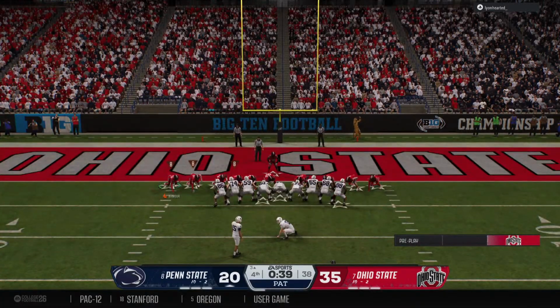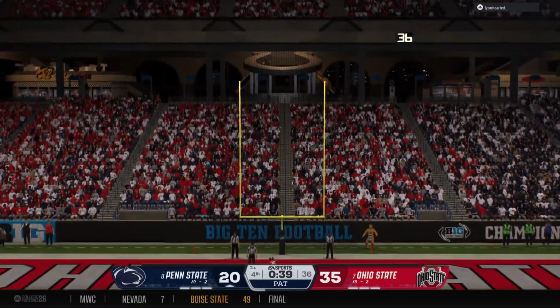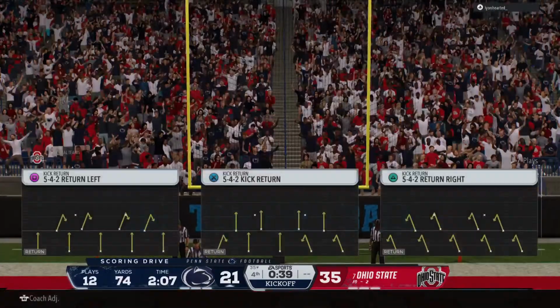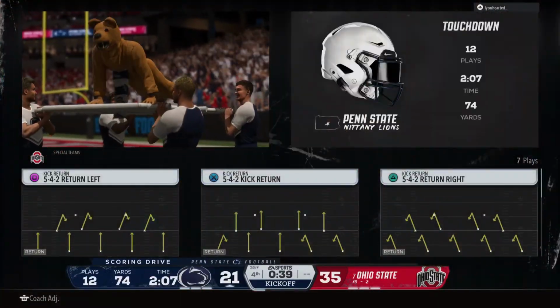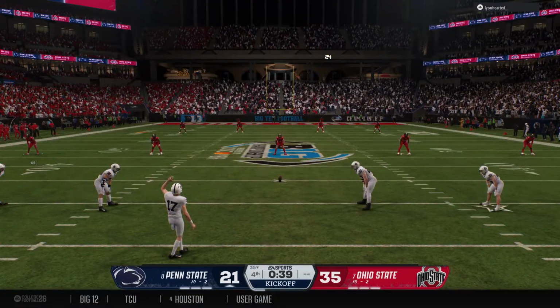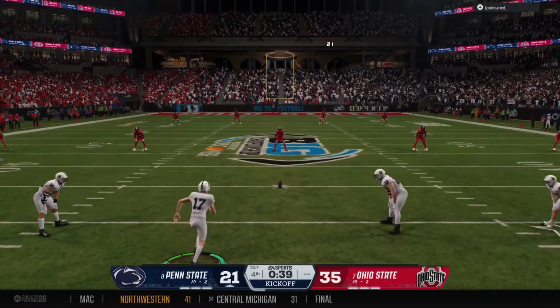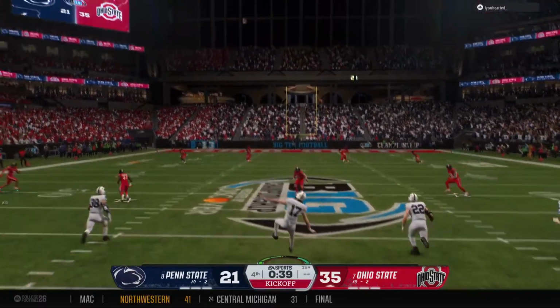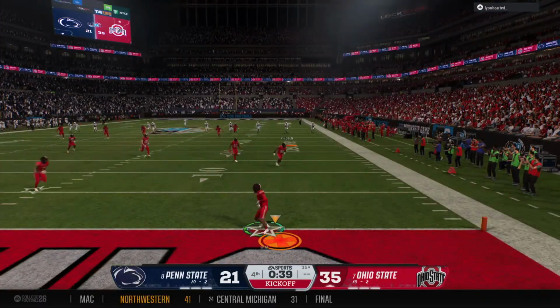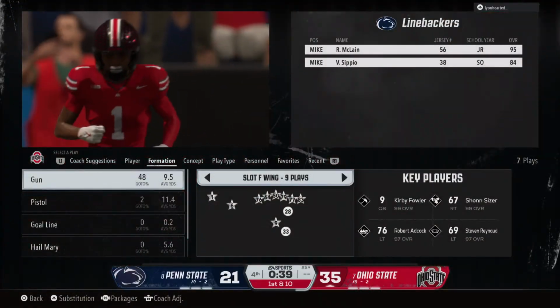And now the try here for the extra point. PAT cuts it to a 14-point game, 35-21. So after putting up the touchdown, the kickoff team is out there to boot it away. And it comes out of the 25. No return attempted there.